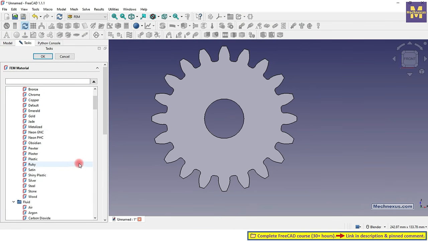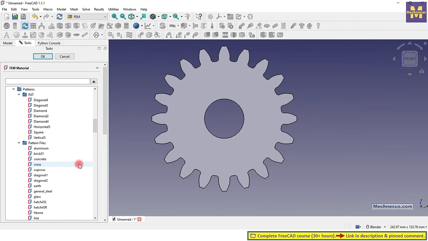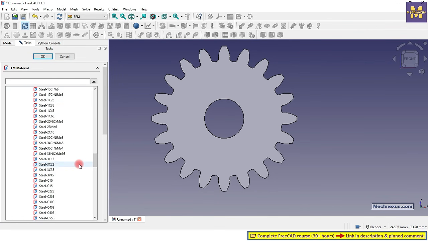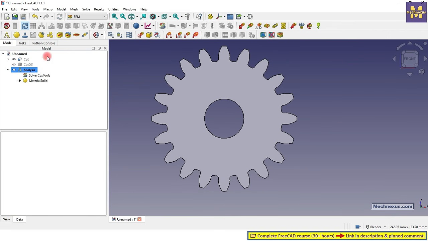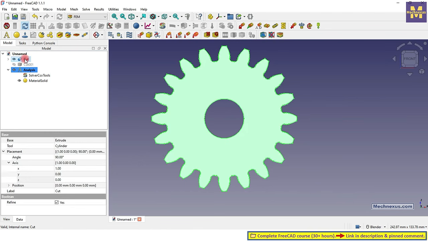In a drop down we will select the steel X2 CrNiMoN17. So I will scroll down and find my material. So this is the material I am going to use. Select it and say OK. So the material is applied, and now we will